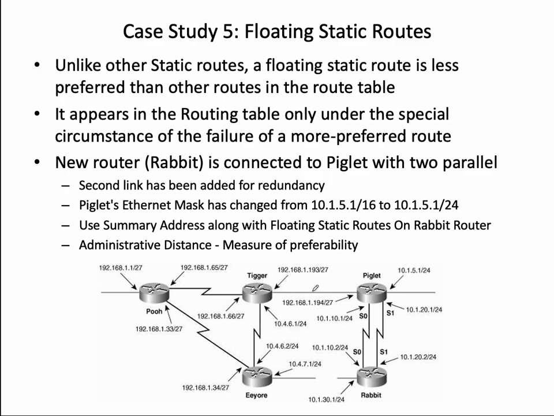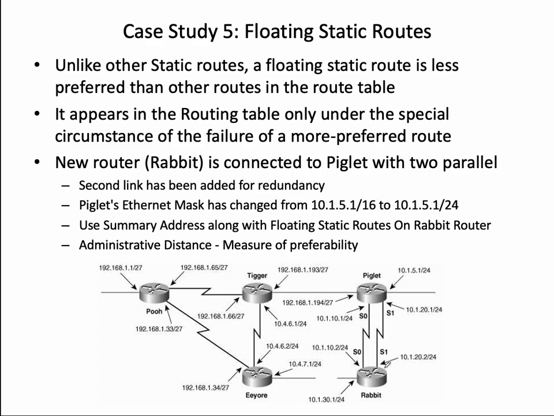Now let's take a look at the floating static routes. So what are floating static routes? Basically alternate routes, right? Unlike other static routes, a floating static route is less preferred than other routes in the routing table. It appears in the routing table only under the special circumstance of the failure of a more